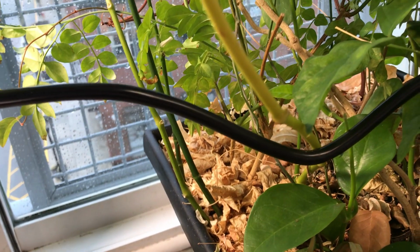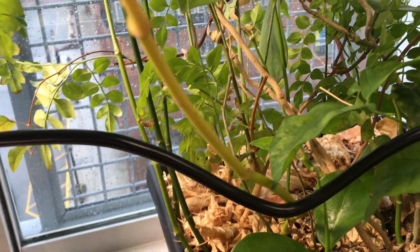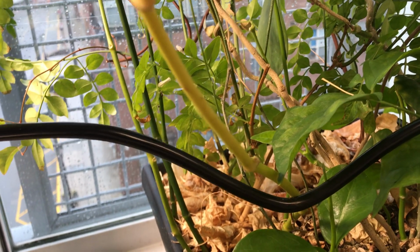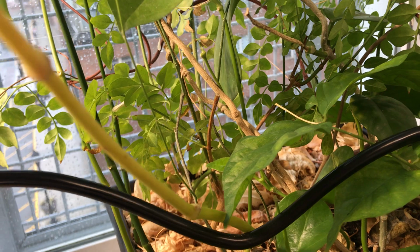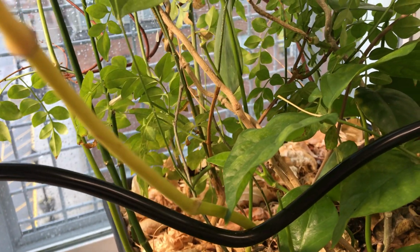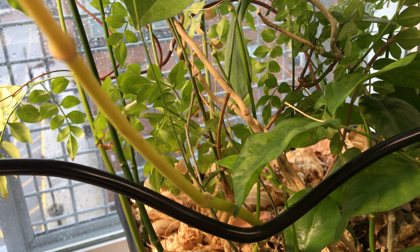One problem I've been having with this plant is I have a lot of spider mites. Sorry, the fan just started. I don't know if you could hear it. I have a lot of spider mites because I keep it really warm in the winter, and with all the forced air, it does drop the humidity, and of course it's already lower humidity outside anyway. So it has a lot of spider mites, and also it